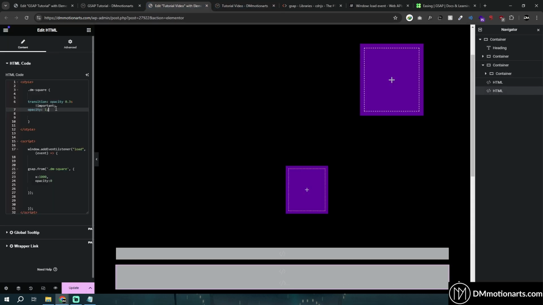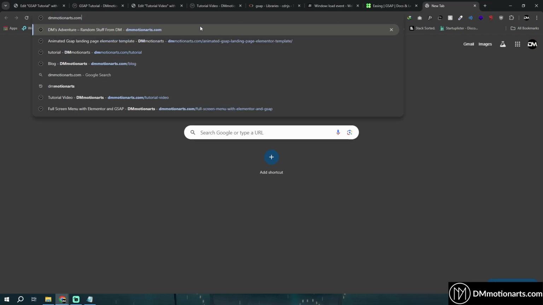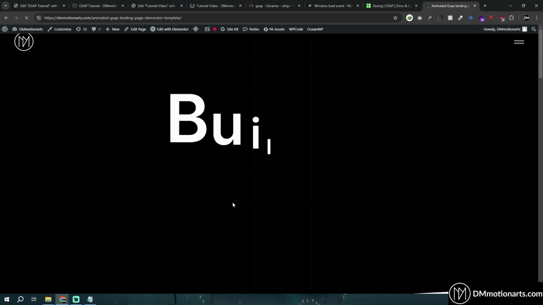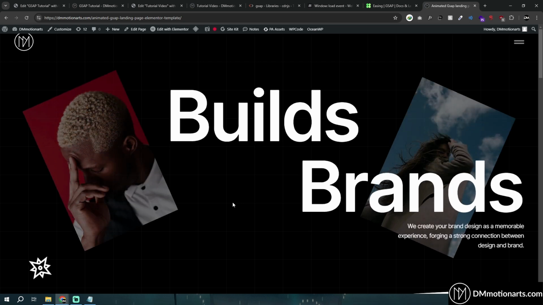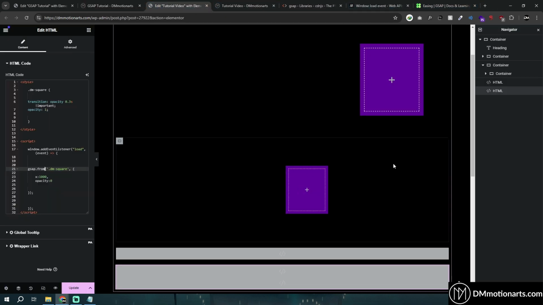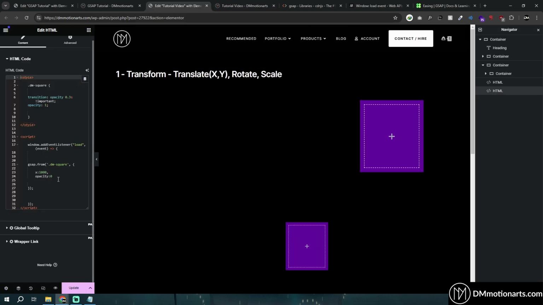And you could use a preloader, or you could do some more stuff to fix that, but usually to is what we use. Even if I go to my page, which is the DM animated GSAP template, you could see for a few seconds it would be showing all those elements and then it would go hidden, which is why you would see that lots of sites actually use preloaders or something to do with opacity 0, or just style it somewhere. Okay, so that would not be an issue if this was not on the first page. So now that we have learned what to and from does, basically to takes it to whatever data you have added here. From is what you show initially around here, and whatever is added in your CSS or your visually